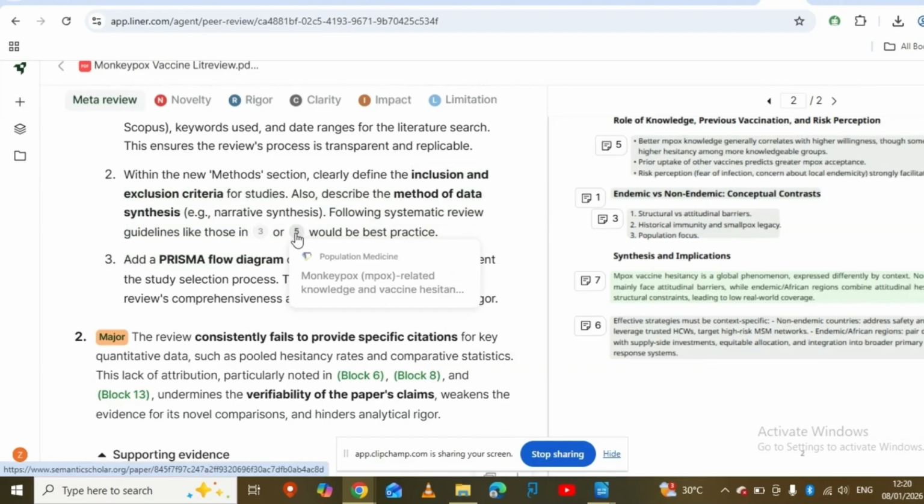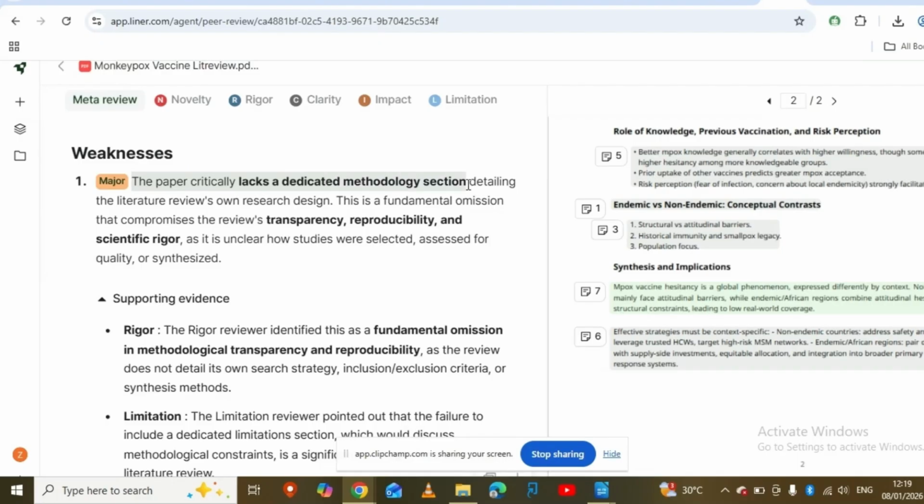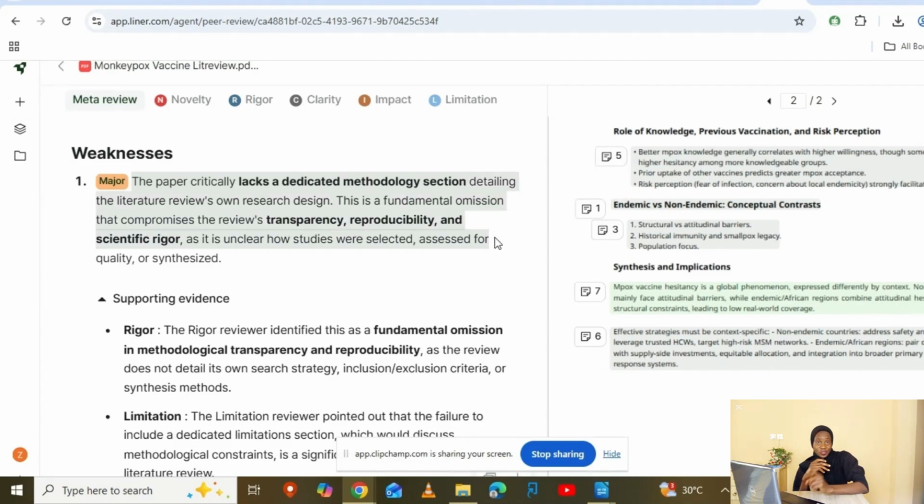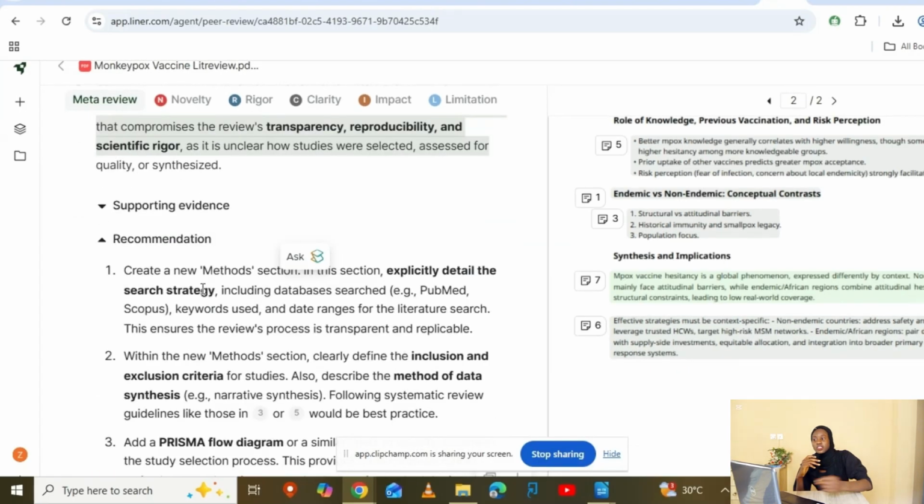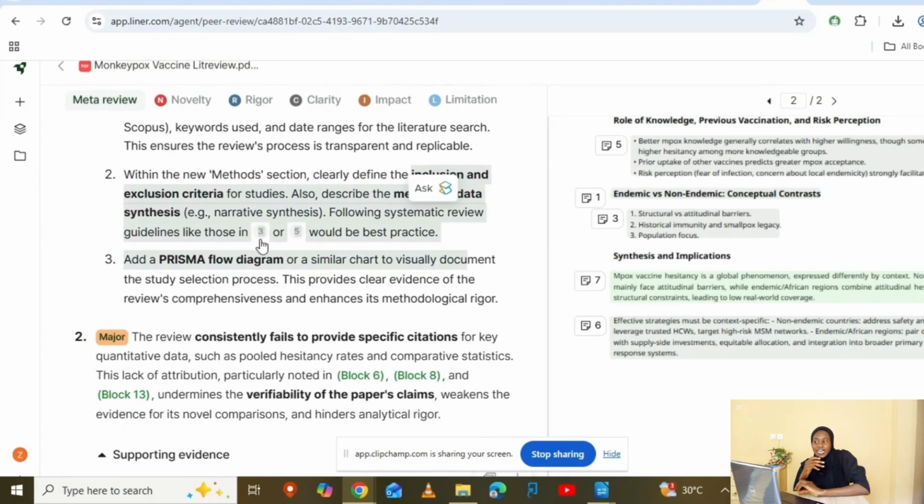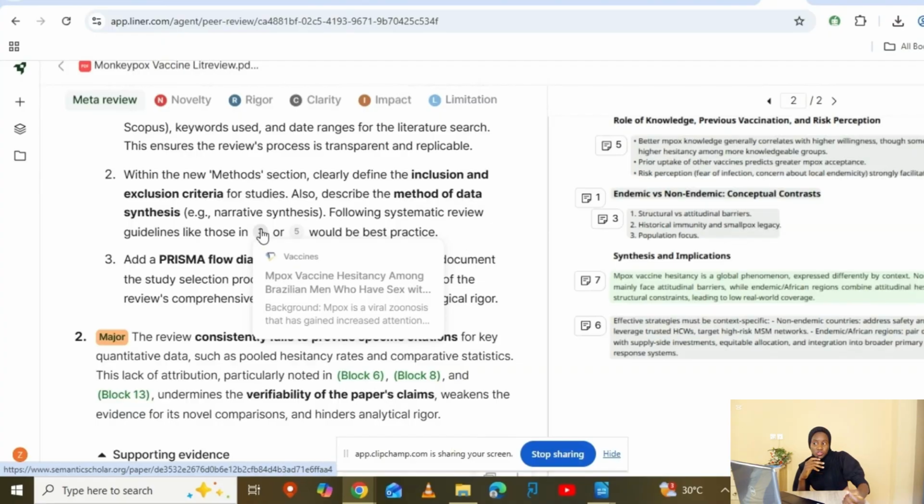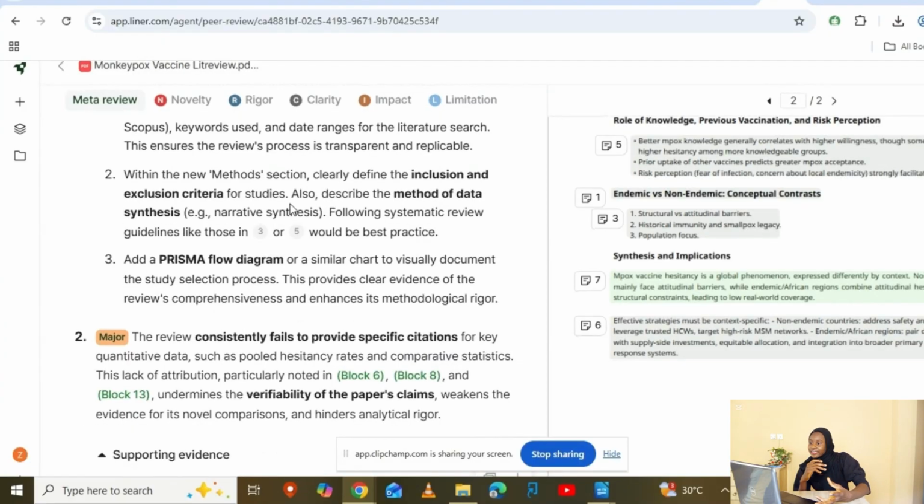This is very, very good because look at what it said. It says that I don't have a methodology section. Actually, that's what it said for this paper, and it's true, there's no methodology section. So it said in the meta section I should clearly define my inclusion and exclusion criteria. I should also describe the method of data synthesis. How did I synthesize the data? Was it